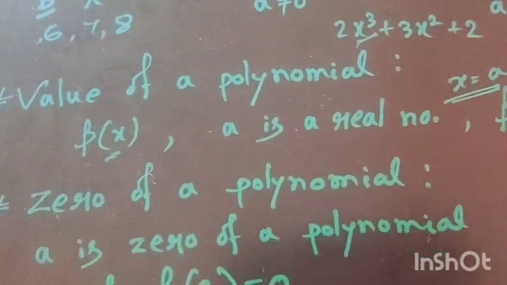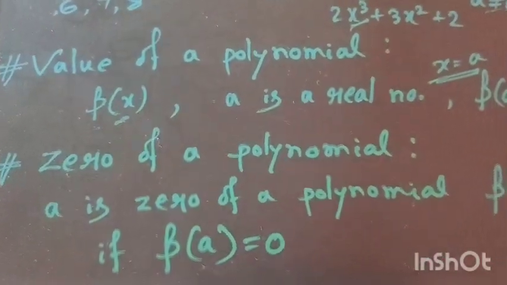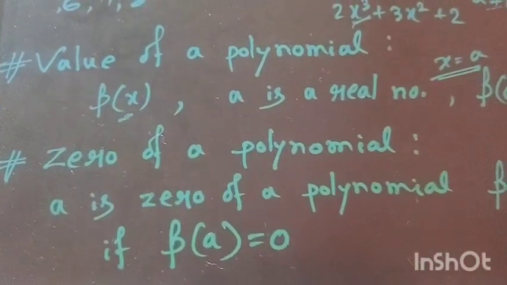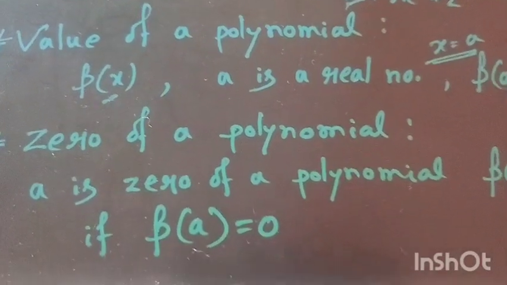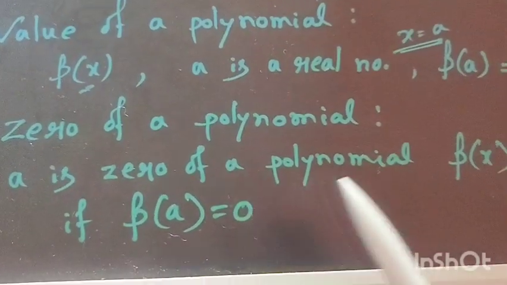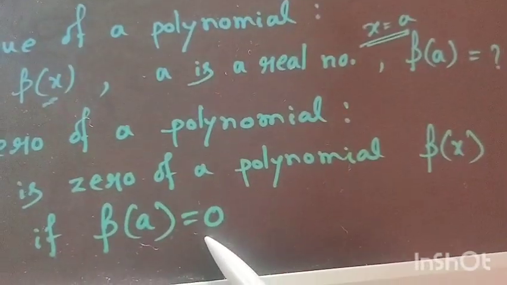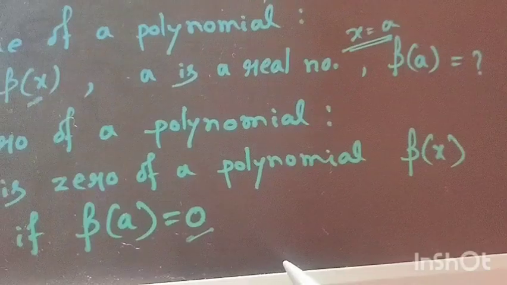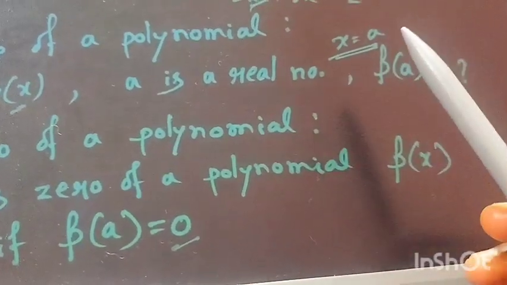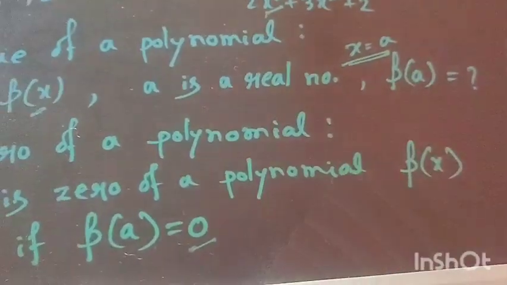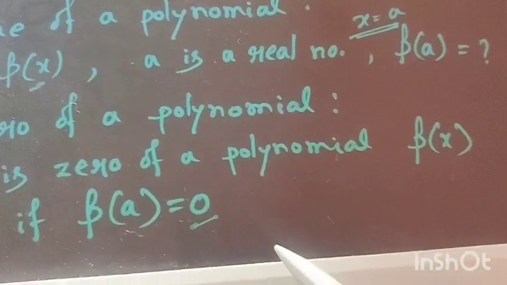Now, what is the zero of a polynomial? The zero of a polynomial comes from the value of a polynomial. How? a is a zero of the polynomial p(x) if p(a) equals 0. That means when you put x equal to a in a given polynomial, if you get the value of the polynomial as 0,